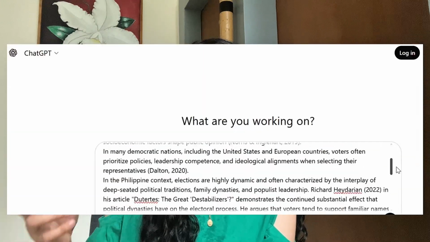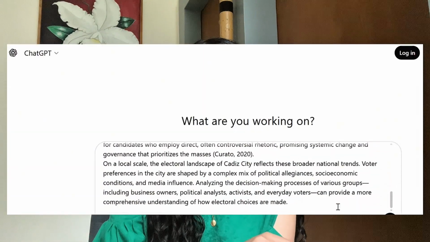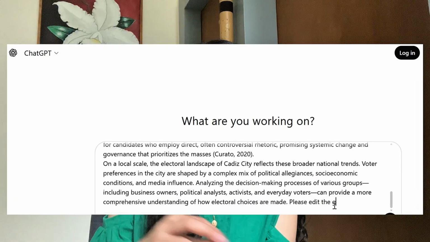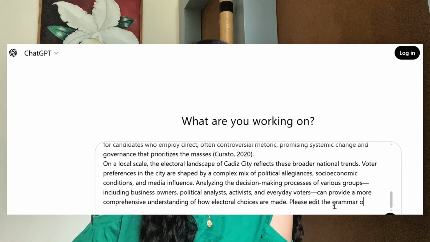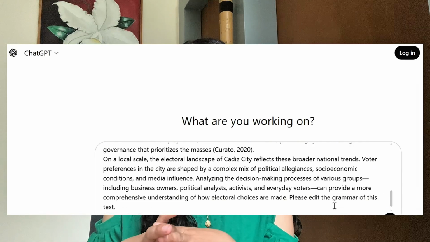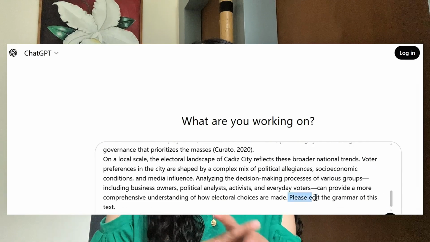Just like what I did when I wrote my theoretical framework, one of the elements in my research paper. I wrote a theoretical framework and then I copy-pasted it, and then I asked AI to edit the work to check for some grammatical errors and